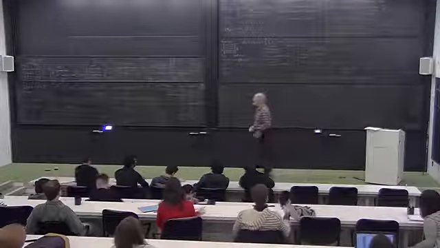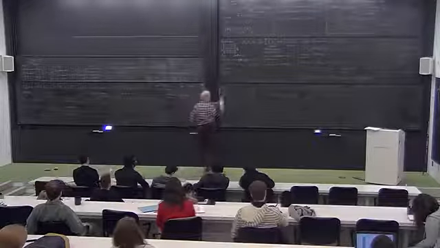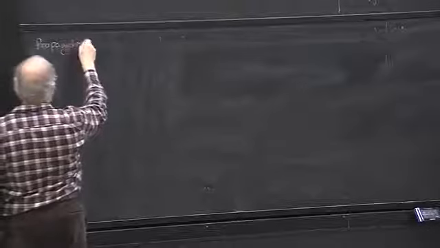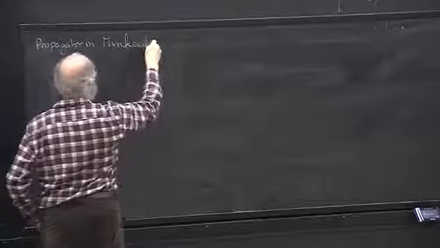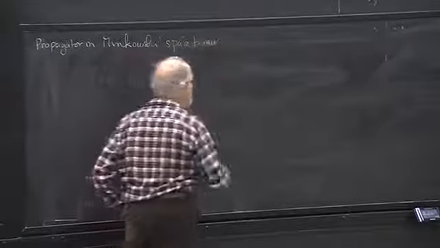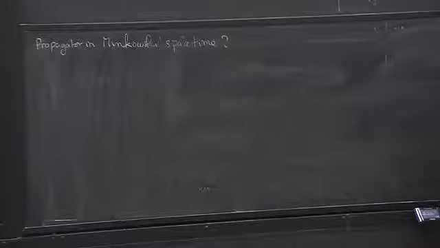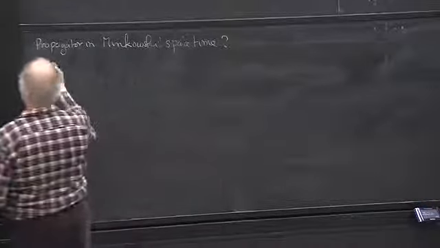How do we get the propagator in Minkowski space-time? Well, again, we just have to apply the rule that we have seen yesterday for quantum mechanics. We just have to perform a Wick rotation